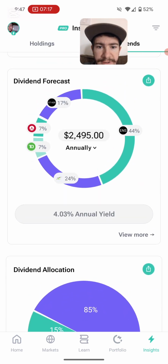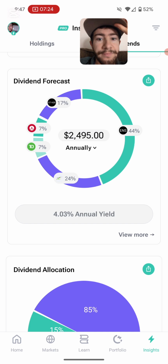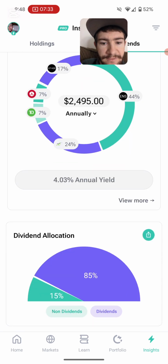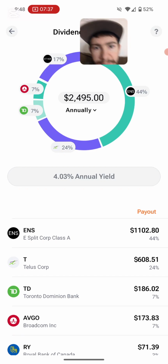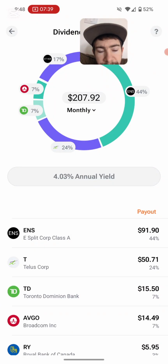But now if I go over here, my dividend yield has dropped dramatically. From selling ENS, I lost almost $100 a month that I'm not gonna receive in dividends anymore. Monthly, yeah, $91. I was getting close to $180. I was getting actually over $180. So I lost like around $100 in dividends a month,